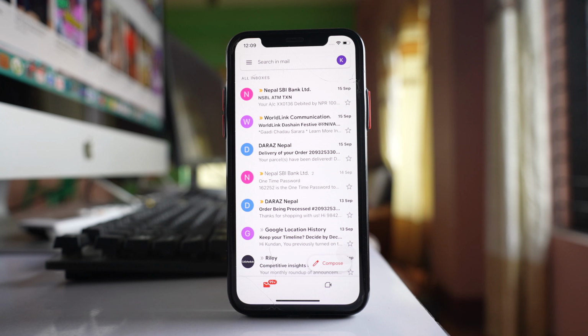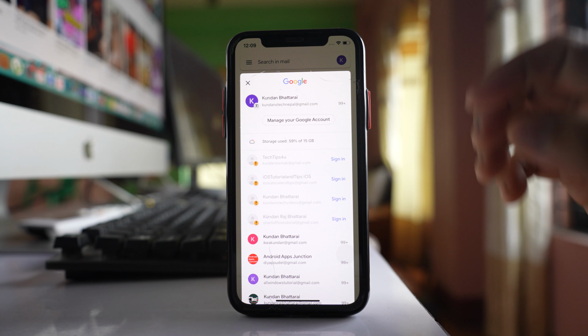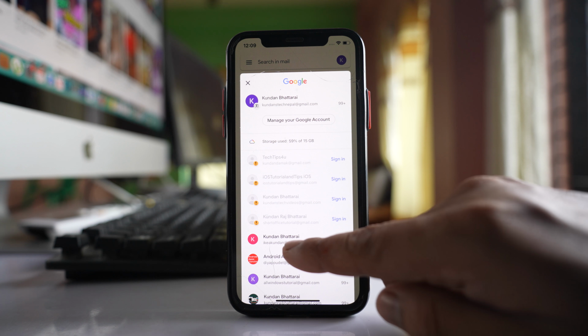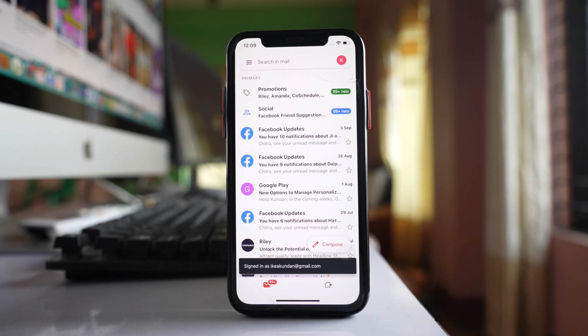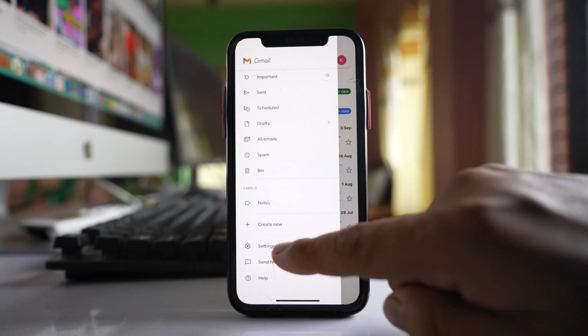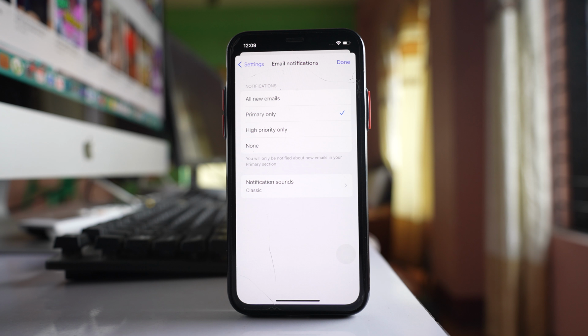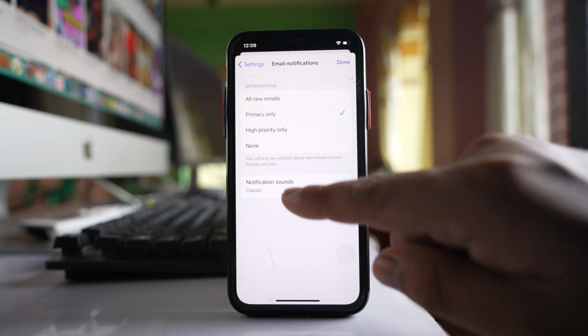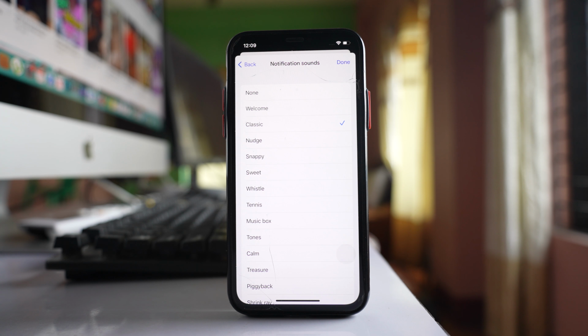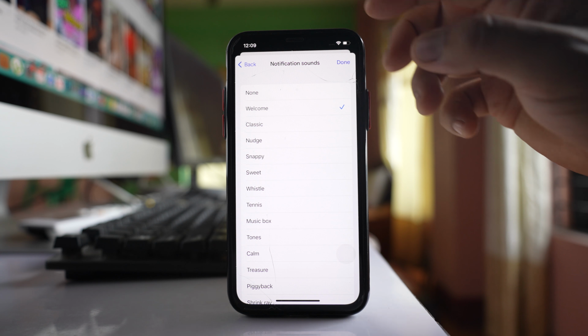After that, what you do, tap on this profile icon here and select another Gmail account, and again here also go to this more option here, and you have to go to settings, go to email notifications, go to notification sounds, and for this another Gmail account you have to select another notification sound, for example welcome, and then select